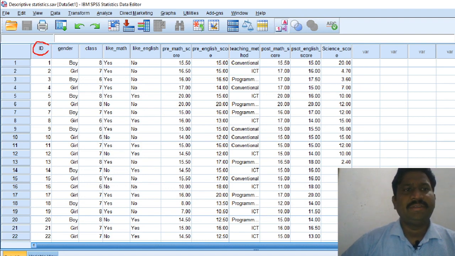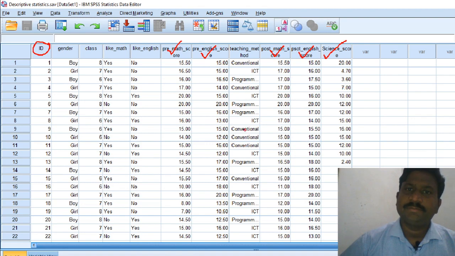You can see some variable names: ID, gender, class, like math, like English, pre-math score, pre-English score, teaching method, post-math score, post-English score, and science score. So we have data of math, English, post-math, post-English, and science.